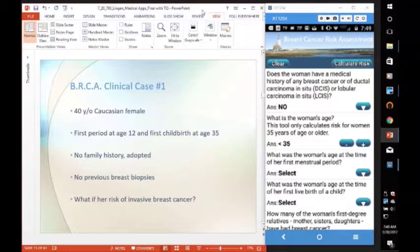So our first case is going to be a 40-year-old Caucasian female whose first period was at age 12, first childbirth was at age 35. She's adopted, so we don't have the benefit of family history. She hasn't had any previous breast biopsies, and so the question is, what is her risk of invasive breast cancer? This one actually fills in the answers and you have to change them if they're not correct. So no, she does not have a history of breast cancer. Her age is 40, so we have to